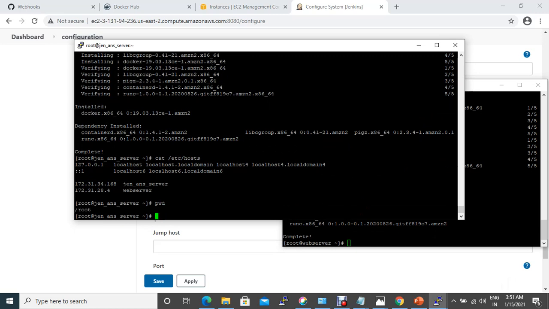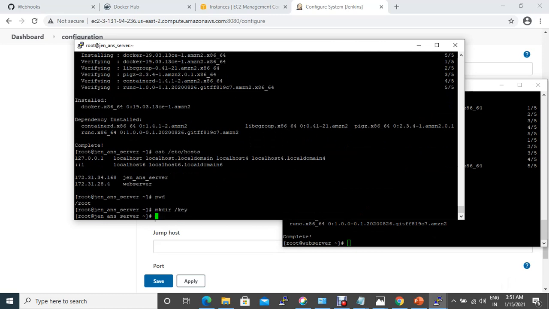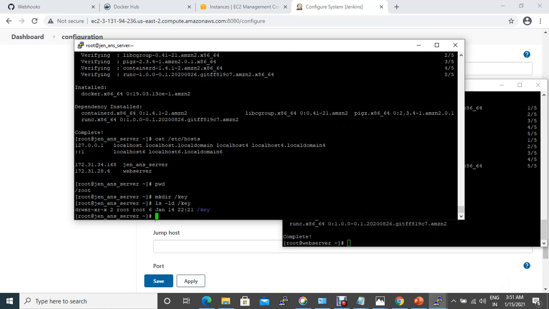Let's keep the keys to be accessible for the Jenkins admin console somewhere here. Make a directory key, and then this one is key, and then go to the home EC2 user,